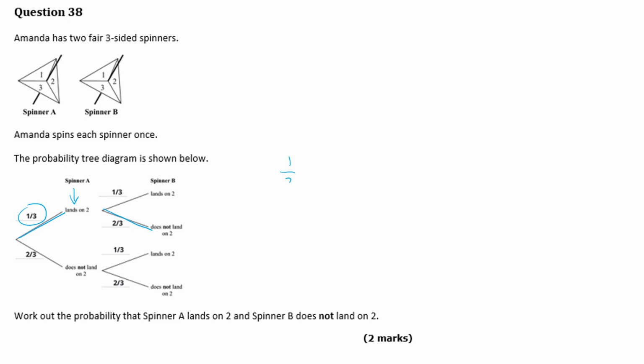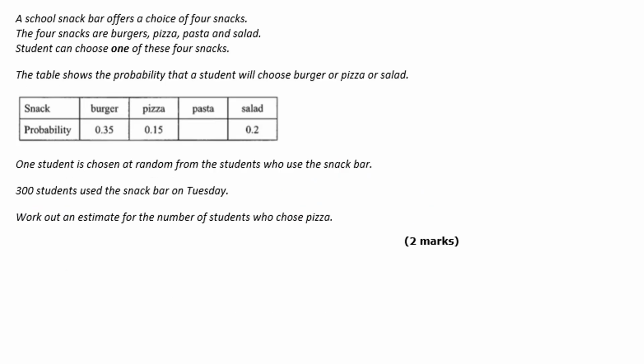So it's going to be 1/3 times 2/3, which is multiply across the top, multiply across the bottom, 2/9. In this next question, we've got the probabilities of choosing different snacks for one pupil, and the one that's